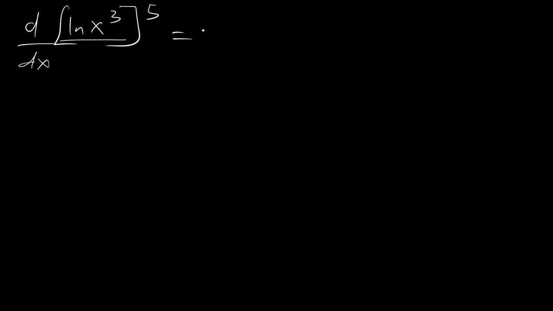So now you have this exponential, bring it here, times ln x cubed. Leave this the same, because you're differentiating with respect to the function inside. You subtract 1 from this 5, you have 4. Then times the derivative of ln with respect to the whole of this function, you now have